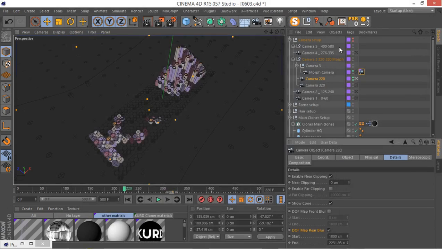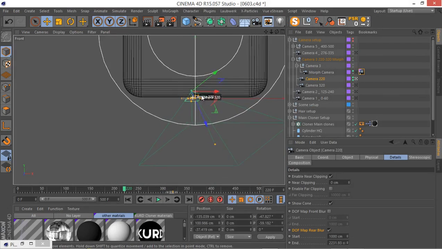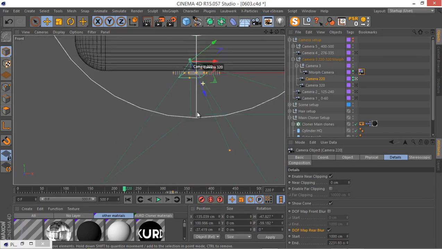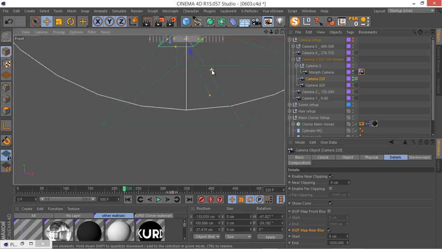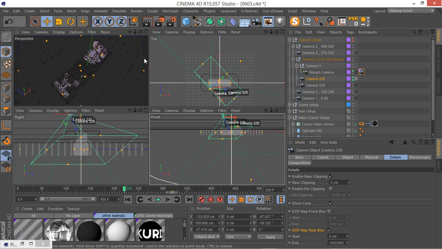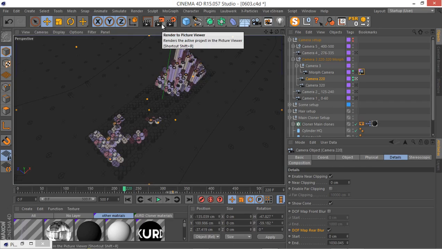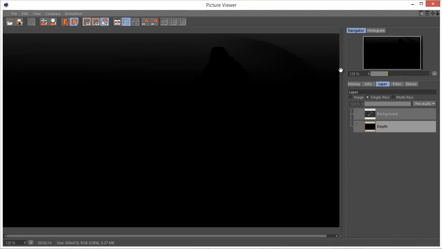So let's just adjust this camera a bit. I think that's just too much. Just make this 0, and that should give us a better solution. And let's see this time what we are gonna get. Okay, so this is finally finished, and you can see these gray values up here, and this is a good thing,